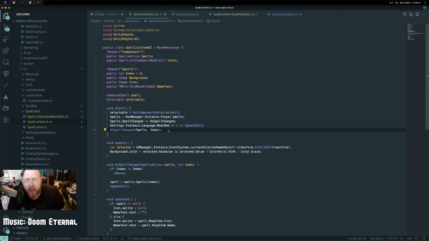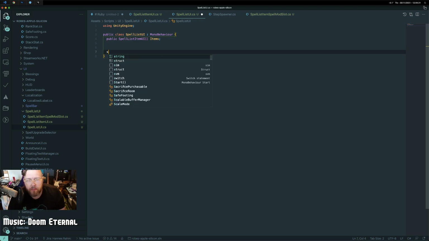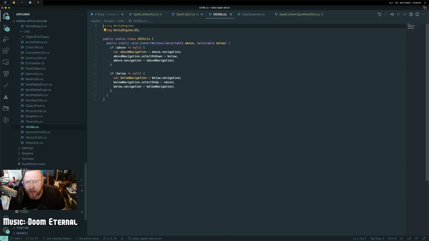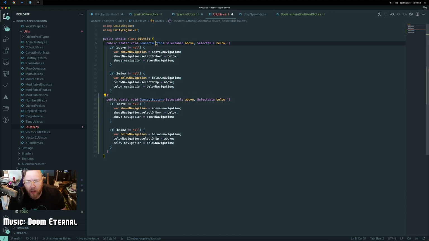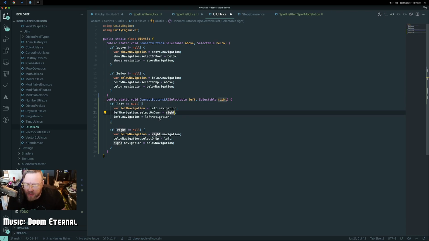So the start of spell list. We want to select, or we want to hook up all of our things. We have a UI util, which connects button above and below. Let's make one that's connecting left and right too. It's also a little bit annoying that this is what it is, but so we're gonna think we should be able to just type left here, and this one right. I think this will work,